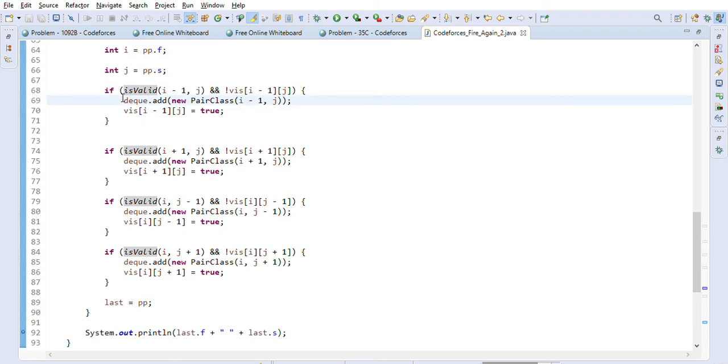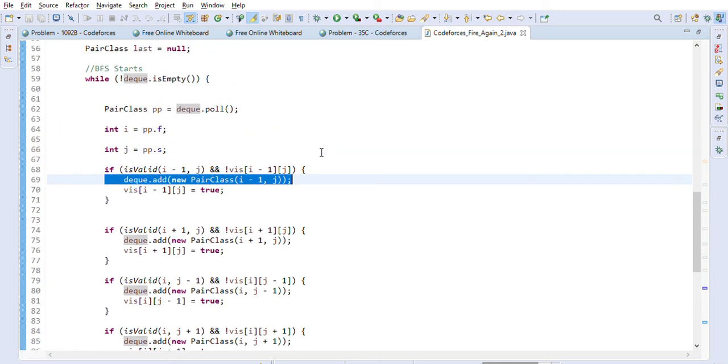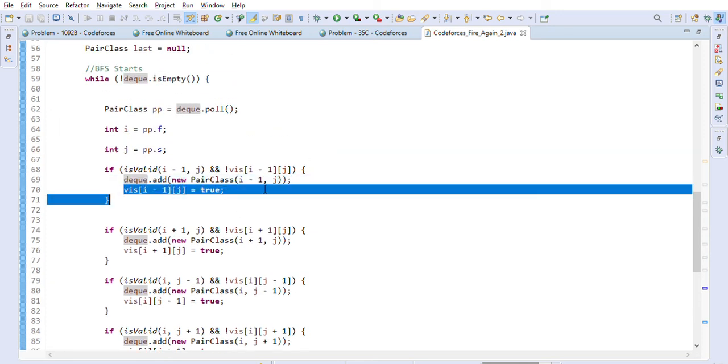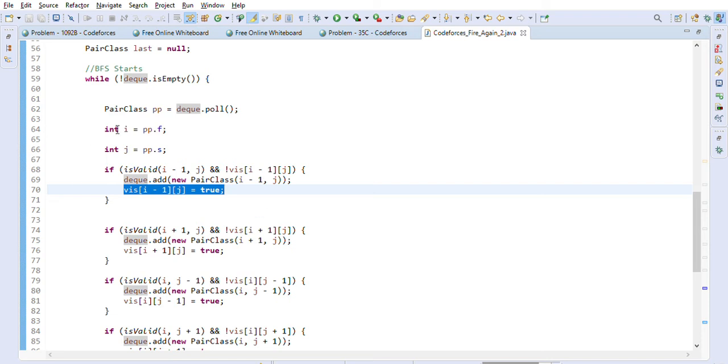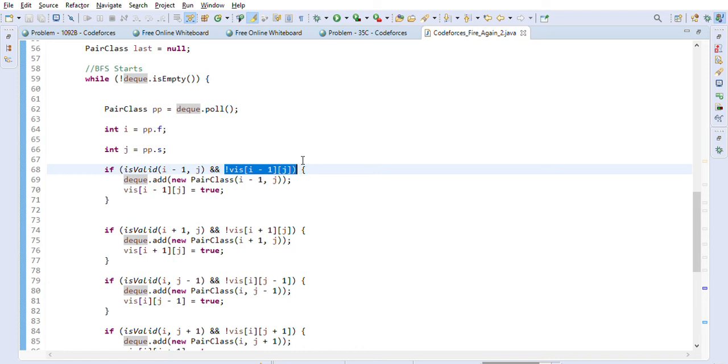And whenever we find a valid cell, we will add that into the DQ as a pair, correct? So we are adding it, and we are also marking it as visited, because we don't want to visit the same cell again and again. Whenever we are checking for validity, we will also check that it's not an already visited cell, right? So this is how the BFS will work.